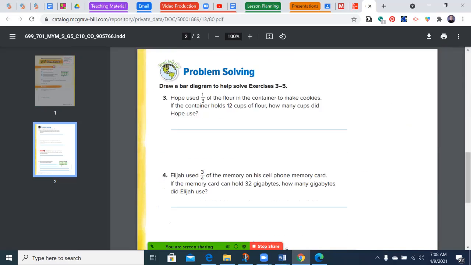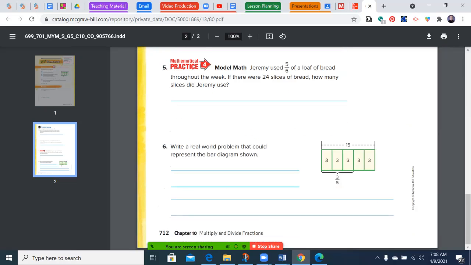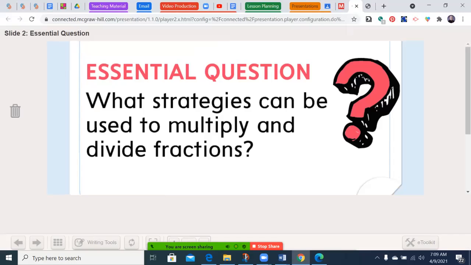So you have a couple problems where you need to draw the bar diagram. Most of them. And then number 6 will be a challenging one. Write a real world problem that could represent the bar diagram shown. Essentially, you're writing your own story problem. I think you can do it. I have faith in you. So let's begin